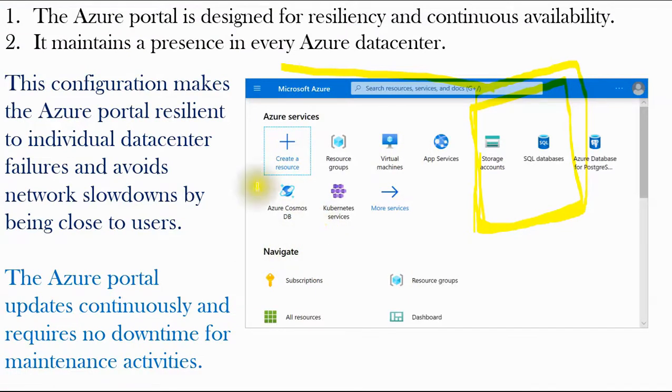So guys, this configuration makes the Azure portal resilient to individual data center failure, and avoids network slowdown while being close to users.